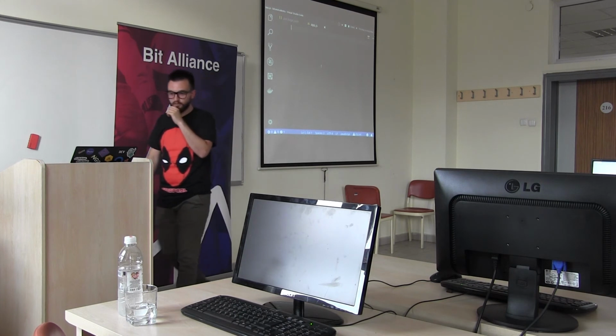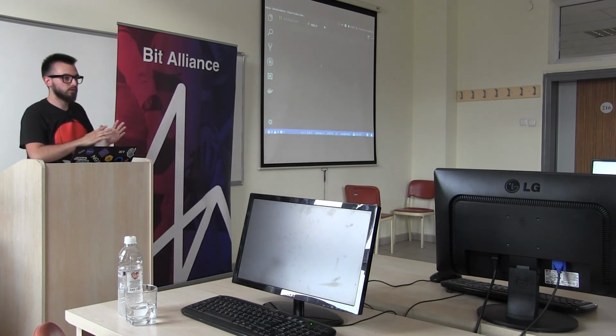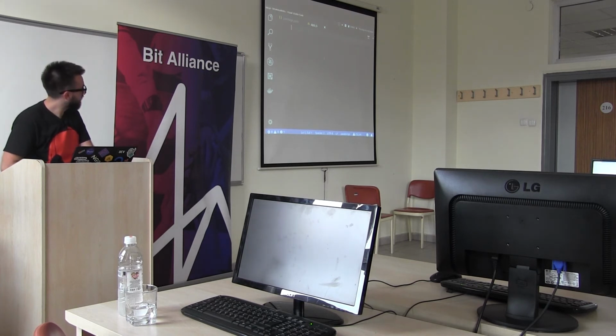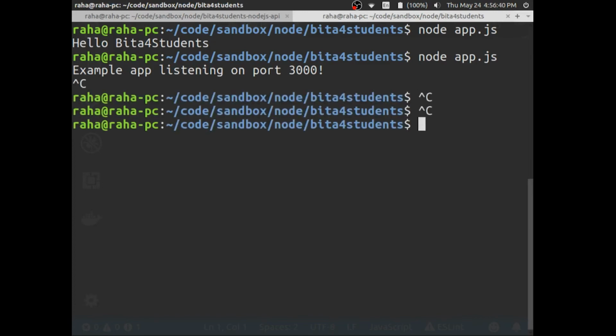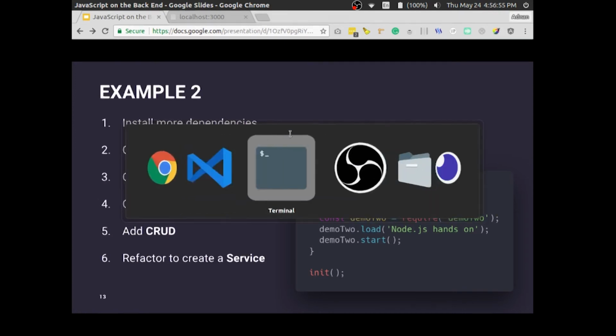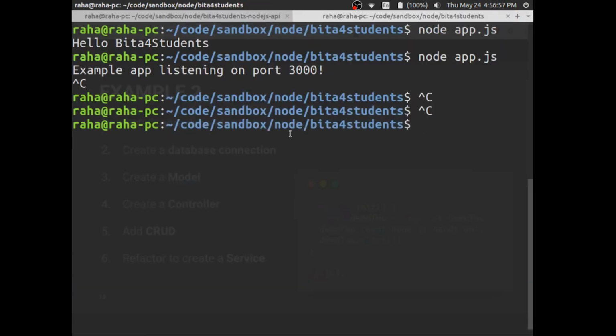So first of all, we're going to start really slowly by first installing things we need. And the main things we need are 2 more modules. Let's just stop this. And there are 2 more modules that are about the database connection and the parsing of incoming requests and incoming data. And it's actually pretty simple. Let's just switch over to here we go. And that's pretty simple. We just want to go ahead and install